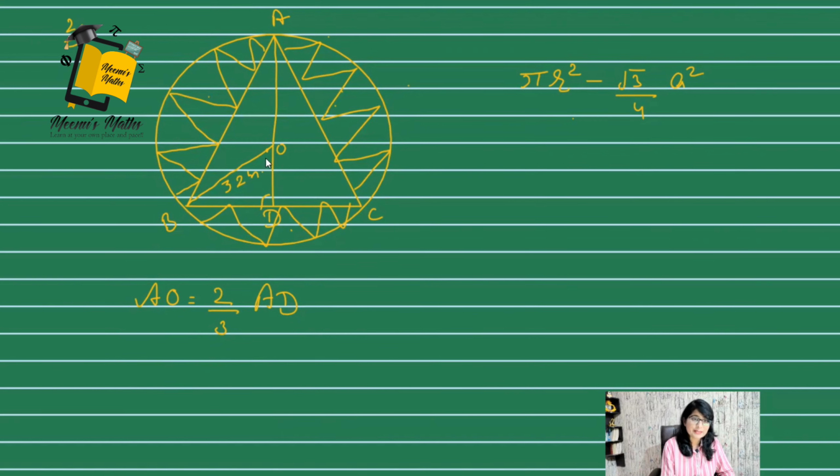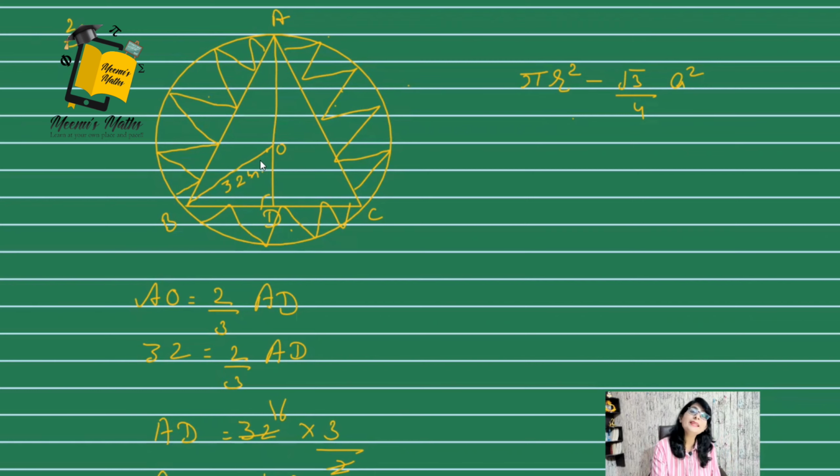We are given that radius AO, BO, CO are all radius. AO, it is given 32. This is a very, very important question, especially for standard students. From here, we can find out the value of AD. So what will AD be? AD will be 32 multiplied by 3 by 2. By solving it, I will get 16 3s are 48 meter. AD we have found out is 48 meter. It was not given.